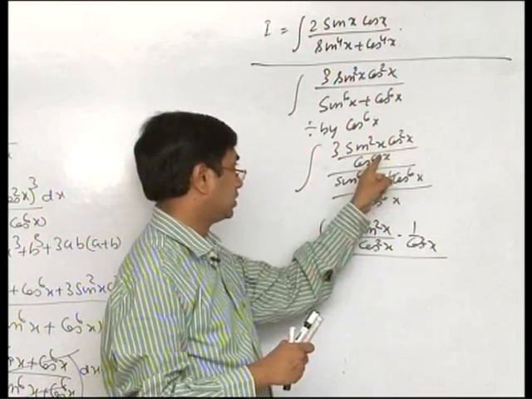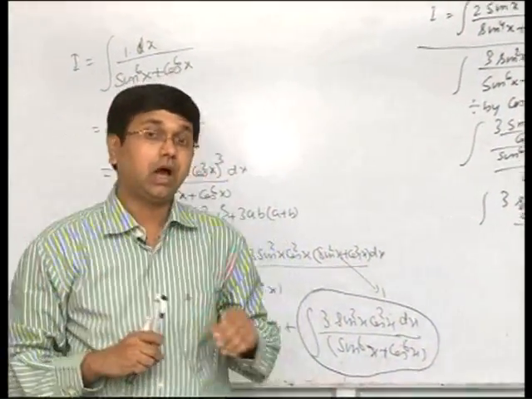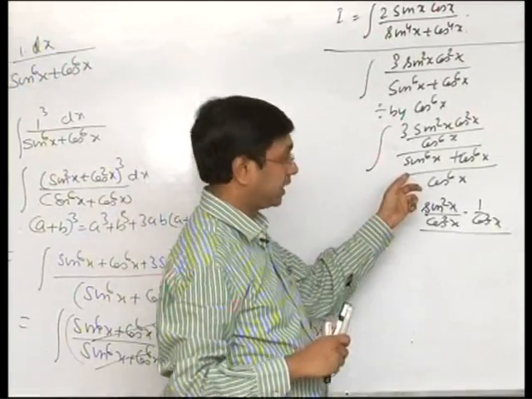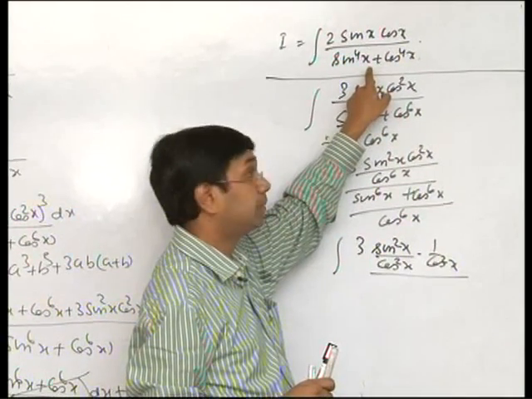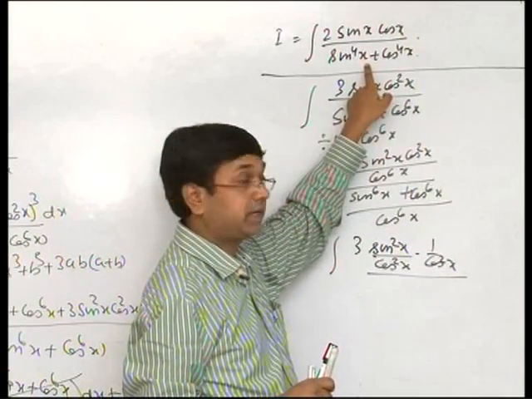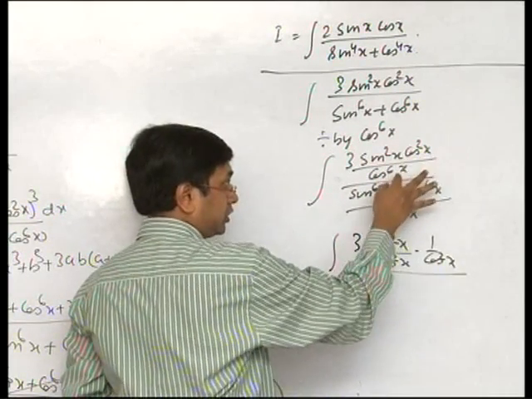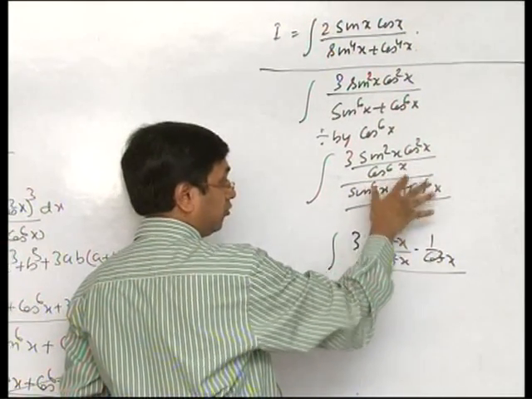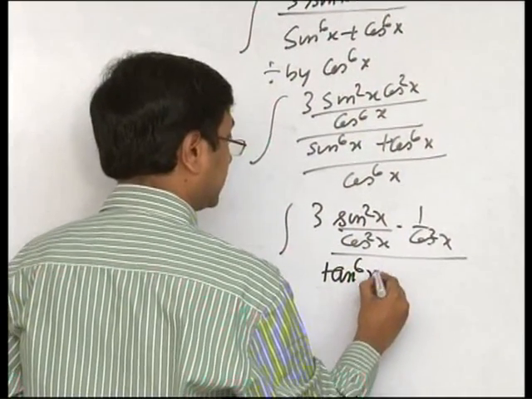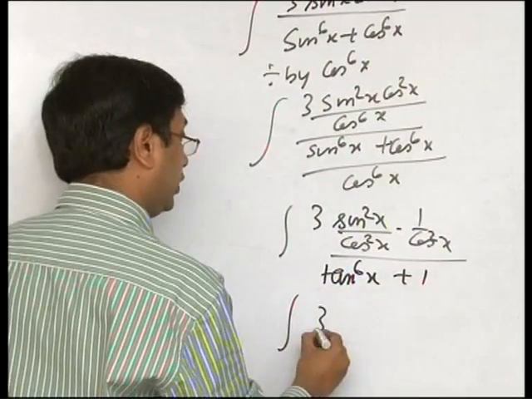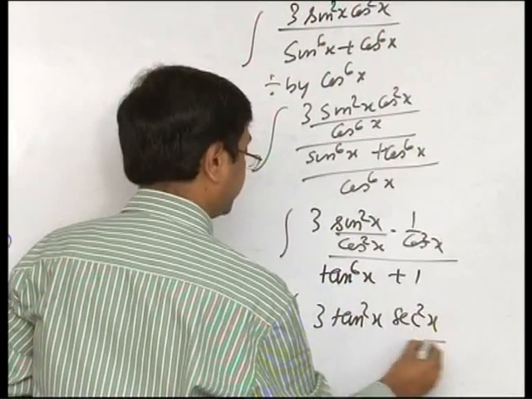Cos square x and cos 6x, once you cancel, what you will get? Cos 4x, right? Out of which I have to make sec square because I am getting tan out here, as I did in this problem. If you go to the solution of this problem and see, that is what we have, we'll get tan and sec square x. So this portion cos square x gets cancelled, 4, which we have distributed, and here obviously you'll have tan to the power 6x plus 1. So what do you get? 3 tan square x sec square x